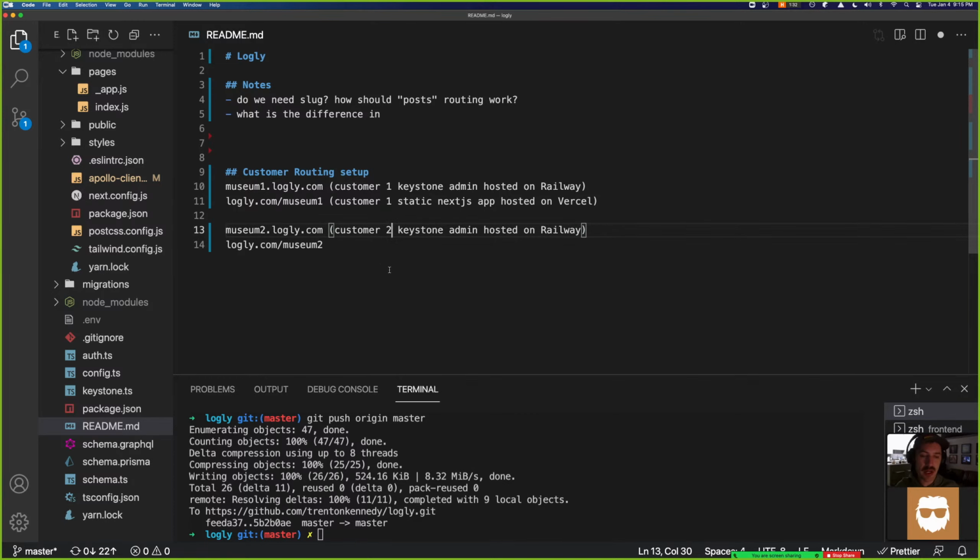They're going to be separate installs of Keystone and Next, separate repositories in GitHub. Museum 2 is going to have entirely different content, its own Keystone install, etc.